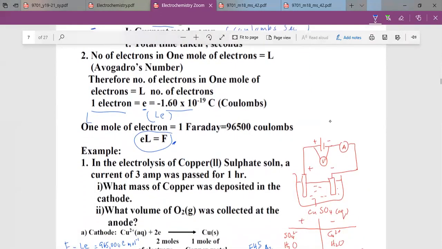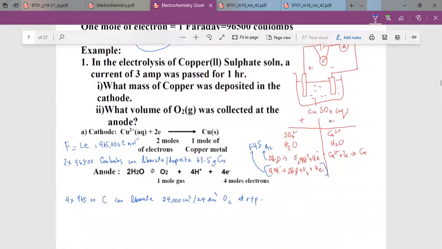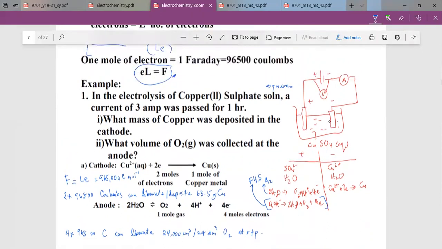The simple one, let's start first, okay? Let's say in electrolysis of copper sulfate solution, that means aqueous, a current of 3 amperes. Now, the ammeter here, you need to know how to draw this diagram. The voltmeter is put in parallel. This ammeter is in series, and this is the voltmeter, okay? Voltmeter here,